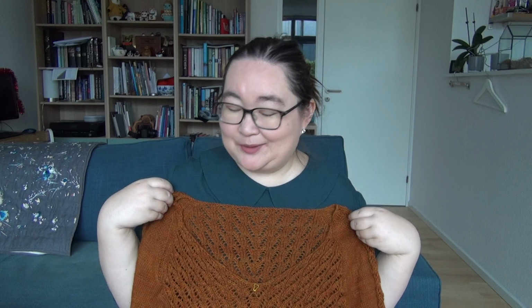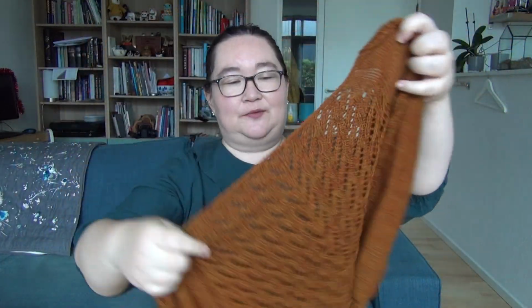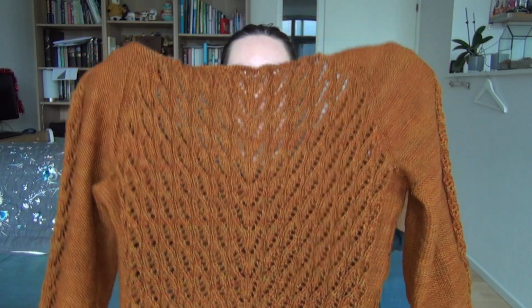I like it that way. I don't know why I needed to whisper that, but there you go. Really love the way the lace is centered on the back and the front. It's a really nicely thought out pattern. Was worried about running out of yarn, because this size calls for